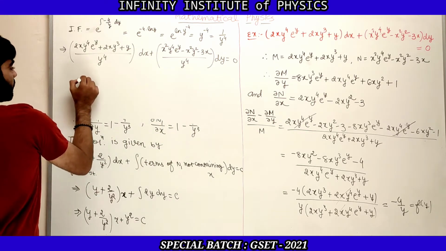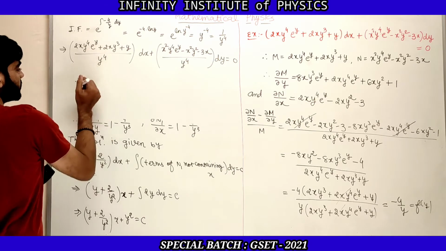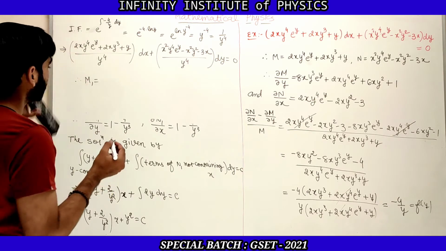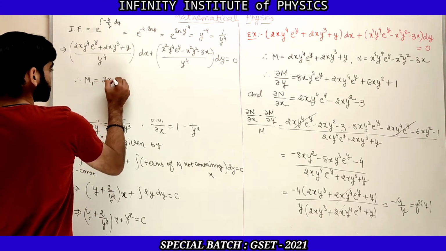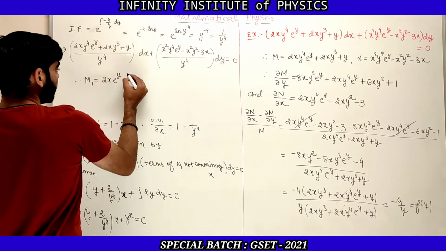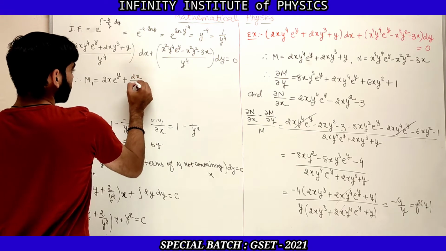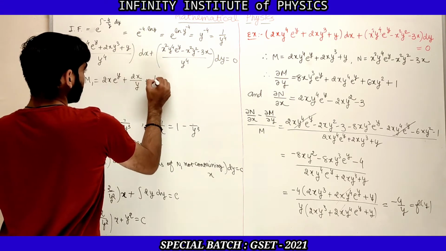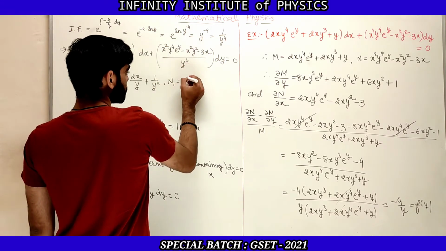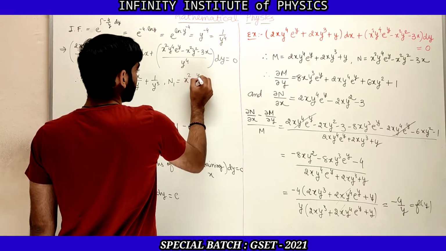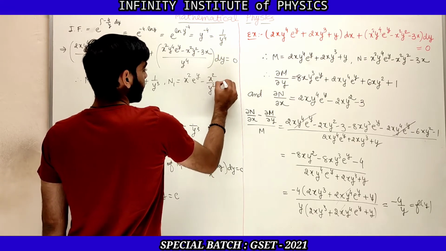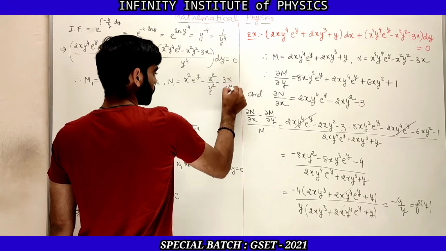Now let us find M1 and N1 from this equation. So M1 will be, giving y⁴ to that particular term, 2x e^y, because y⁴ cancels out. Now 2xy³ by y⁴ will be 2x by y, and in the last term it will be 1 by y³. And N1 will be, y⁴ cancels out, so it is x² e^y minus x² y² by y⁴, so it is 1 by y², and minus 3x by y⁴.